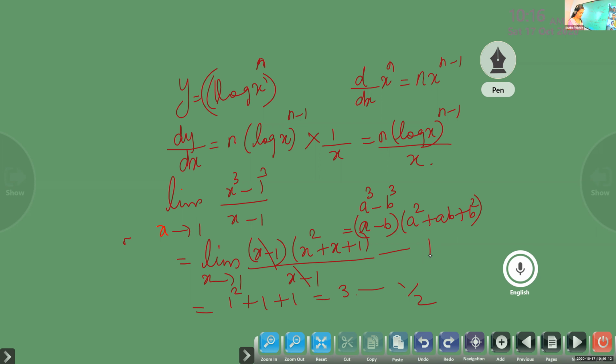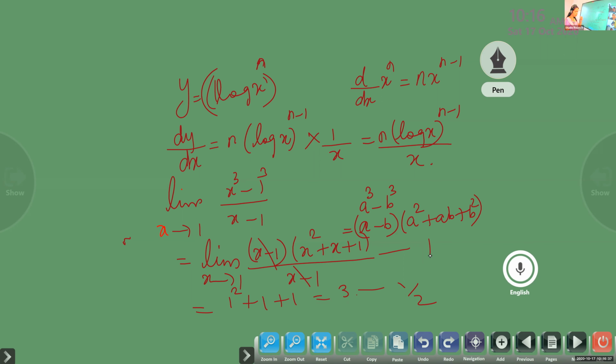Then, the signum function. Define the signum function. You have defined the signum function. Draw the graph, but only a few did the graph. In the signum function, draw the graph, give the domain, give the range. So it's a 2-mark question, and for each part I give half a mark. If you have defined, half a mark you will get. If you have drawn the graph, half a mark. Domain half a mark, range half a mark.